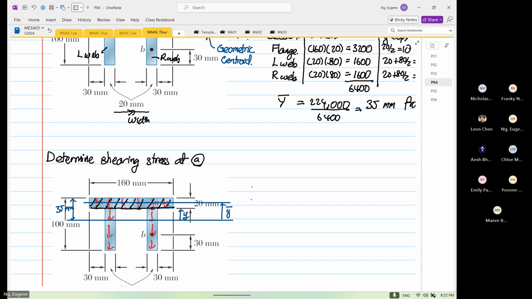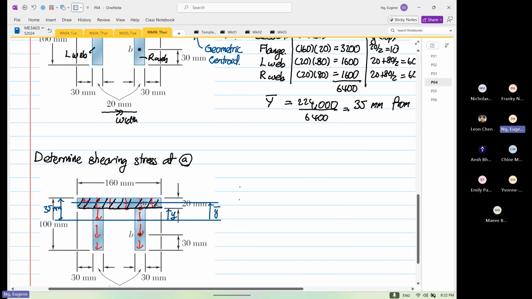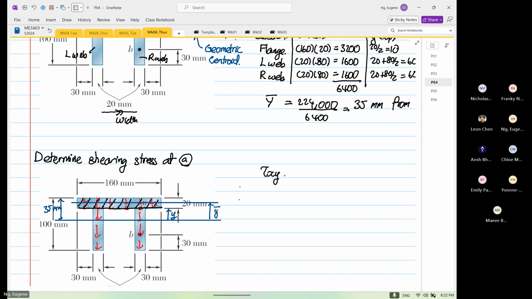So to calculate our first moment of area, the formula that we're going to use is shear xy at point A is equal to Vy over Izz, Qz over T. So the first thing we have to determine is our Qz